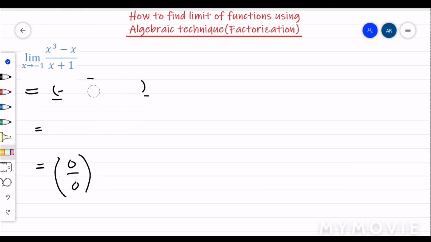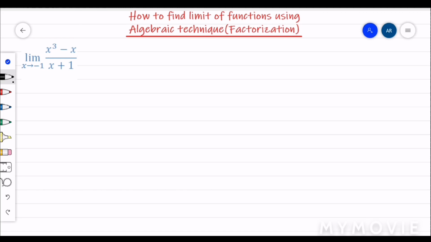Whenever we have expressions like these in mathematics, we say these expressions are meaningless, and we name them indeterminate forms, which have no meaning. There is no answer for these expressions, and we tackle the function in some different way to avoid such indeterminate forms. And today's topic is how to find limits using algebraic techniques.